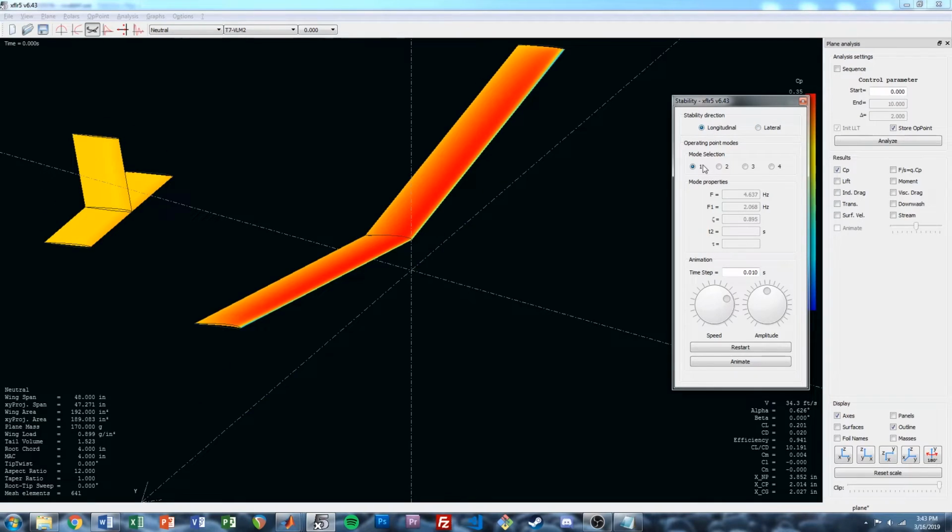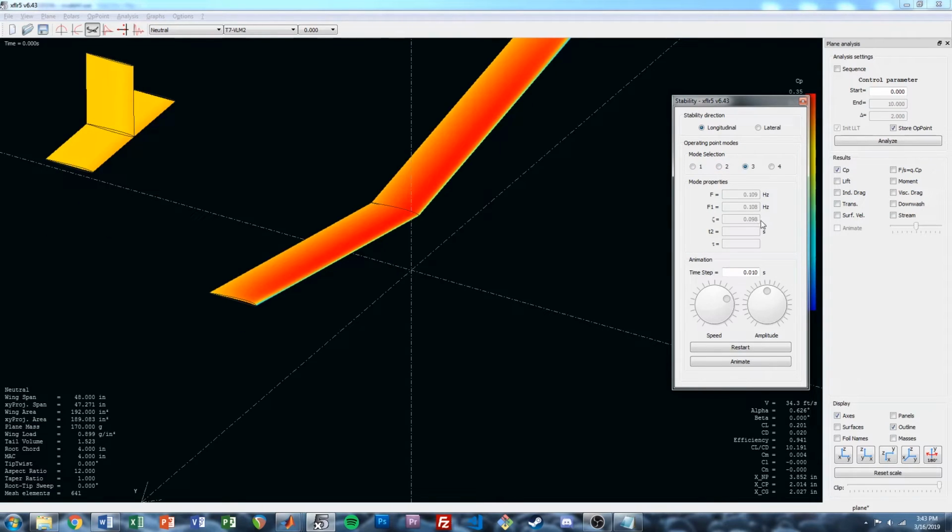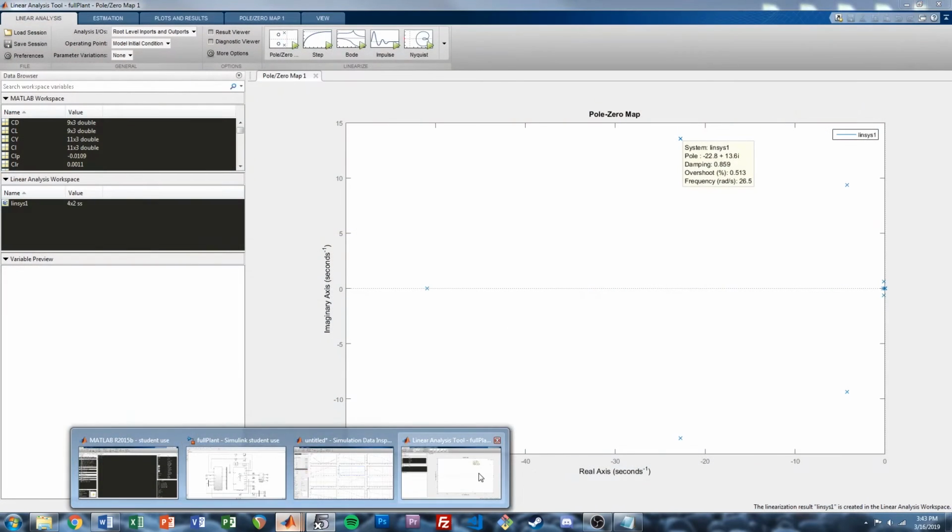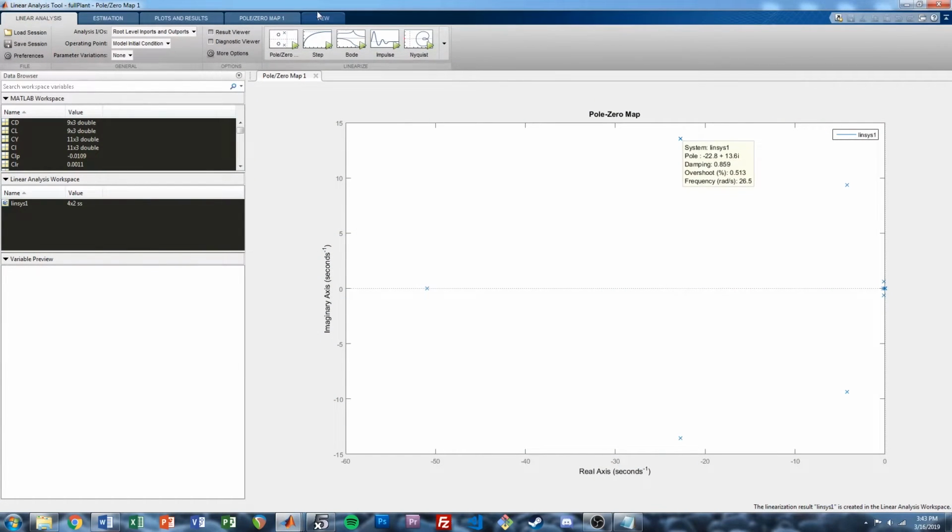Let's go to the longitudinal modes. Yep, around 4-ish hertz, 4.5 hertz, and a 0.89. That looks good. So the phugoid we expected to be around 0.1 for the frequency and also 0.1 damping ratio. We're seeing here, if I zoom in,